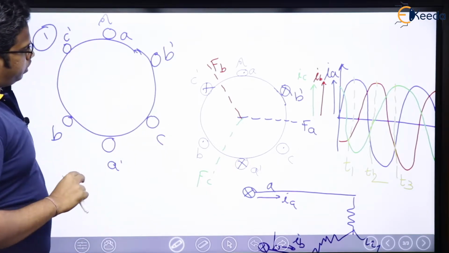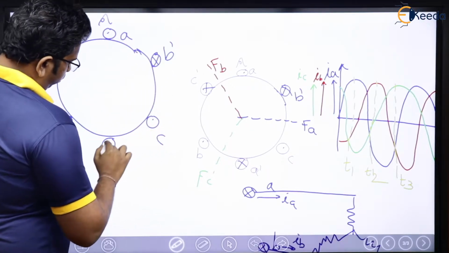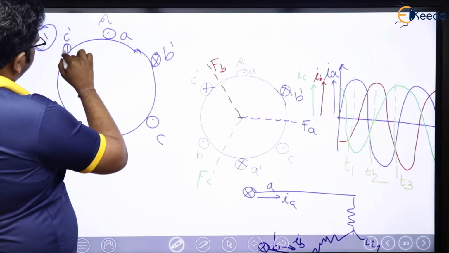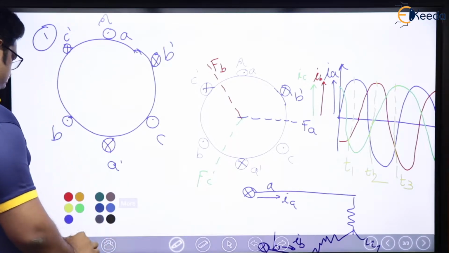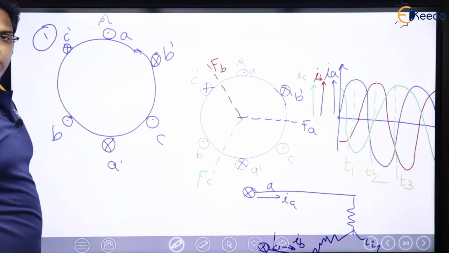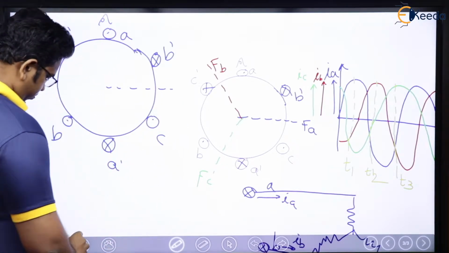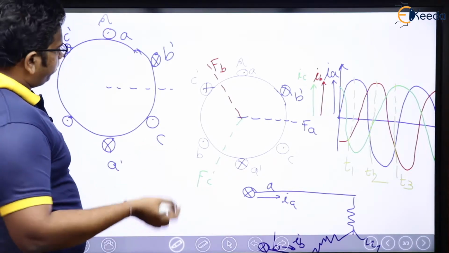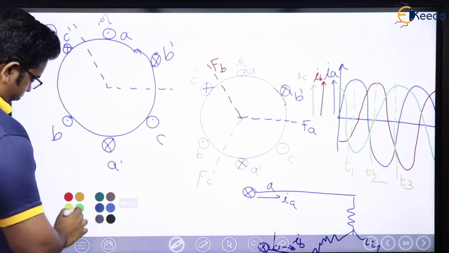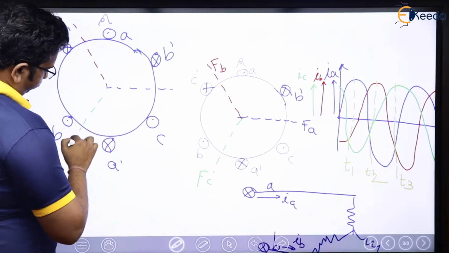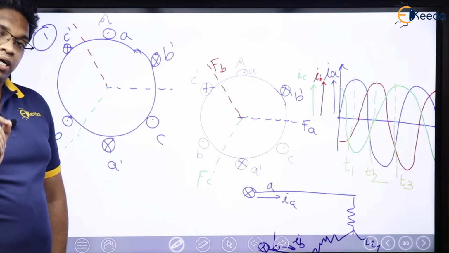Perfect. Now, let us see. What did we consider? This is dot, cross, dot, cross, dot, and dashes will be represented by cross. Now, see here. Already we know the axis of MMF. Like this for A. For B, it will be like this. And for C. Right? Now, here you will understand, here you will get the actual thing.